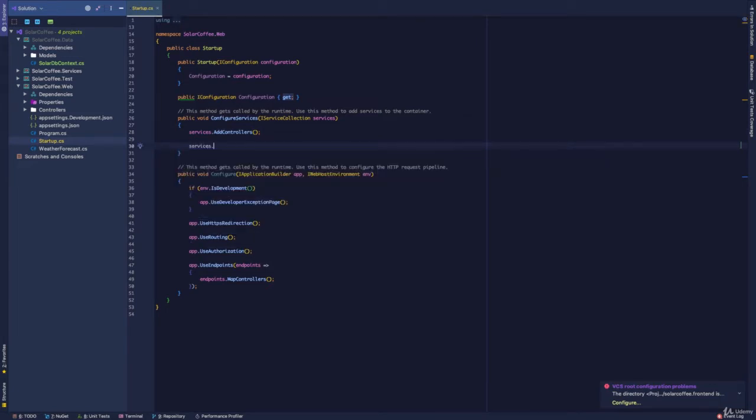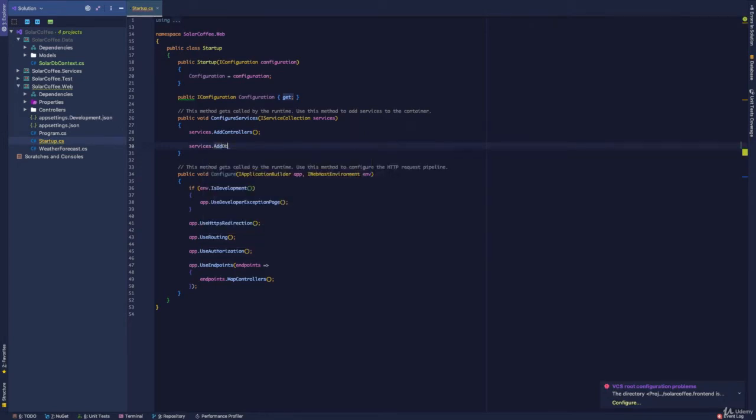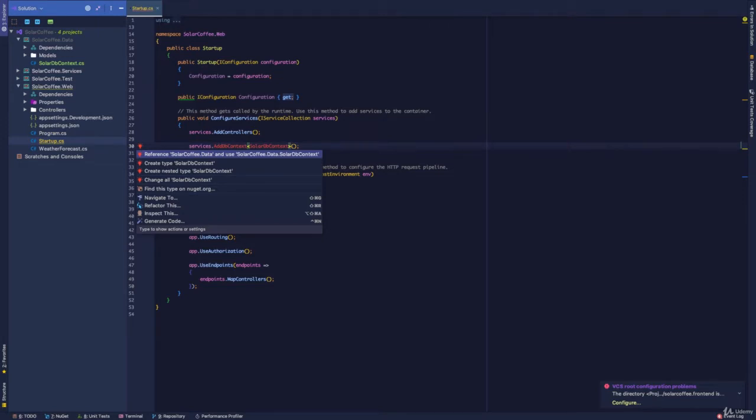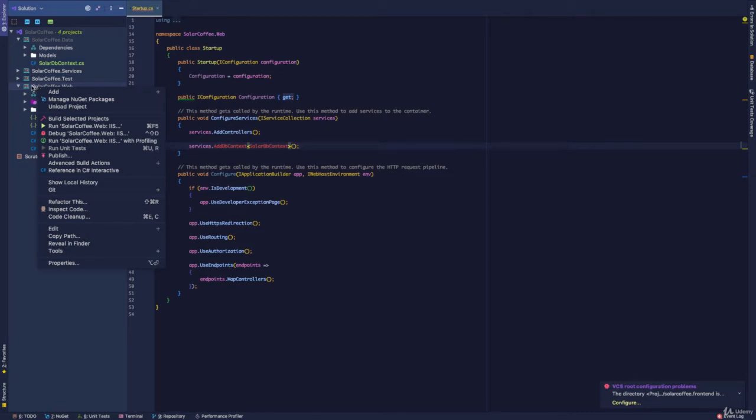do is add a line here for services.addDBContext, and we'll need to actually provide our SolarDB context here as the type. We'll have to make some imports here. So first of all, we can reference solarcoffee.data and use solarcoffee.data.solardbcontext. If you don't have the key binding there to do that, then if we right click on the project